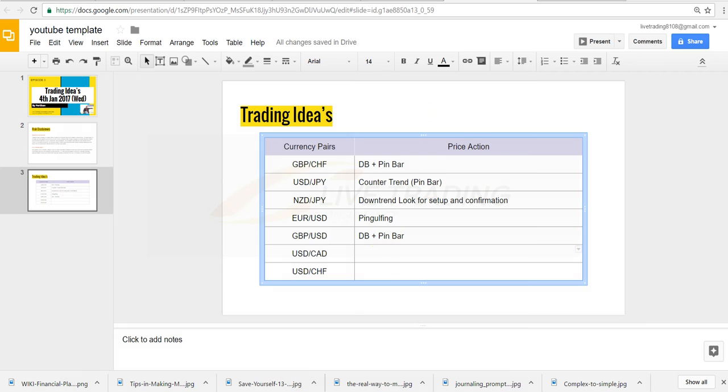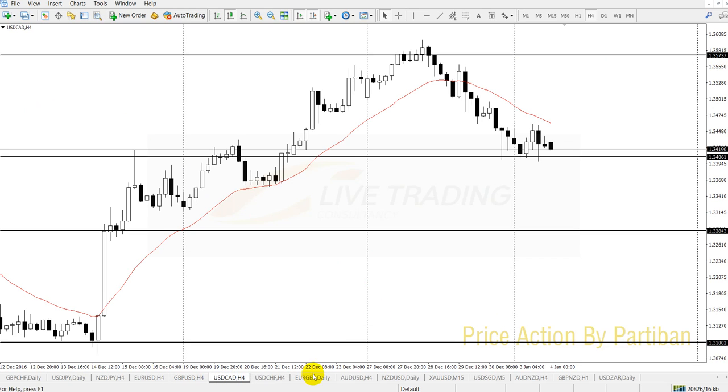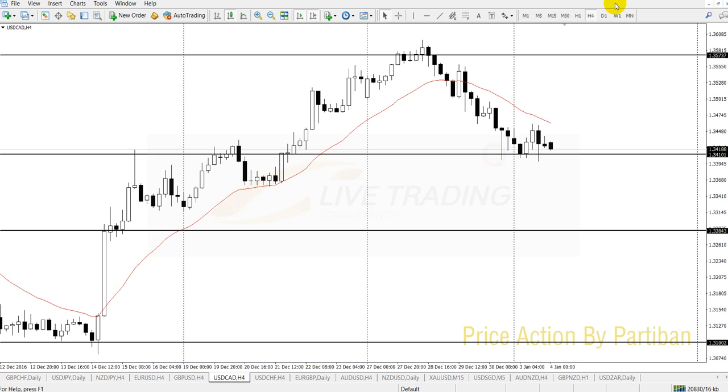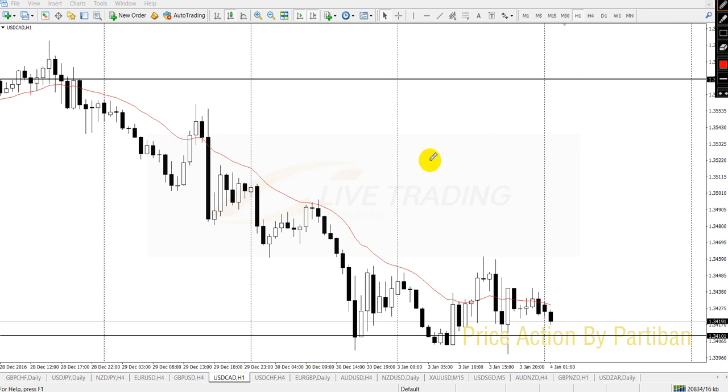USD CAD. I'm still waiting for the market to break below on H4, because you see in H1 it is in a tight range, and I see it's forming a double top. Once it breaks below,